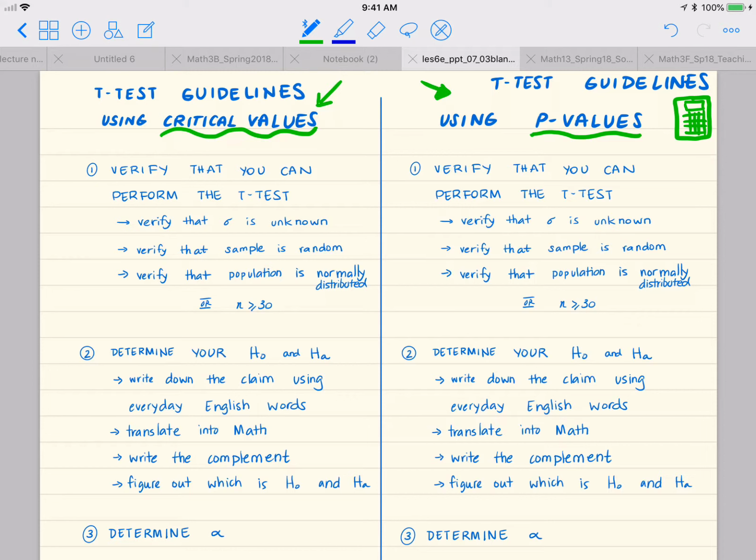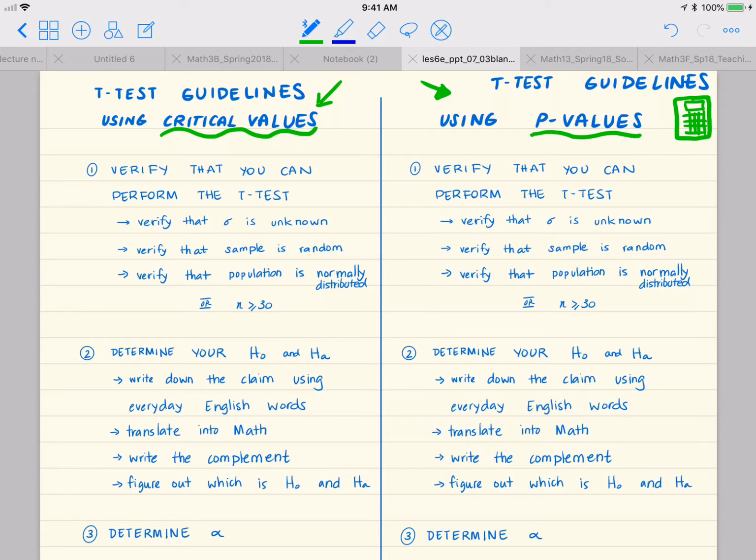So on the MyLab, right, the MyStatLab homework, there will be problems that require you to do both methods, right? So there'll be some problems about using the critical value method. There will be some problems about using the p-value method, right? On the written homework that you submit, it is your decision, it's your choice how you want to conduct the